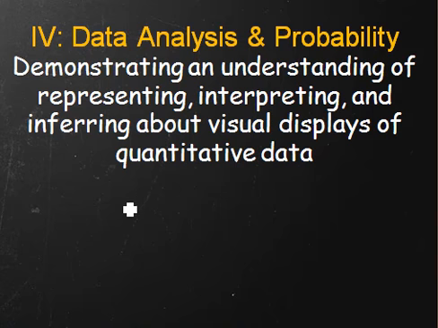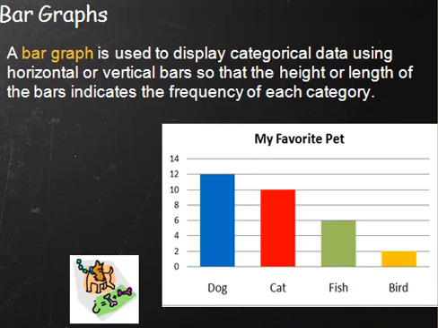In this portion of the PPST, we will look at quantitative data and their displays. One display is called the bar graph, and it has categories that represent either horizontal or vertical bars, as well as the frequency in which those categories appear. Therefore, in this bar graph, we can see that 12 students, and we could find the total number of students